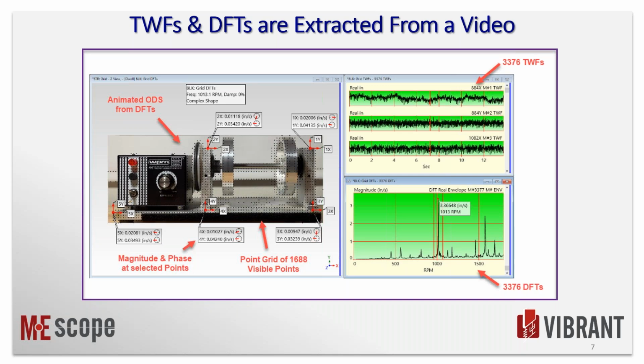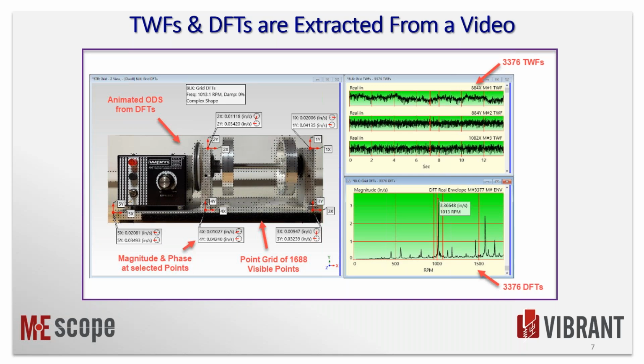So many machinery people use velocity as kind of a rule of thumb. Anything that's vibrating over an inch per second is about ready to go through the roof of the building. Anything less than a half of an inch per second is behaving properly. I mean, everything is going to vibrate. You can see these vibration levels are all very low. They all got 0.0 something on them. So that's an advantage of using a point grid in MEscope and then removing any points, just making them invisible basically,